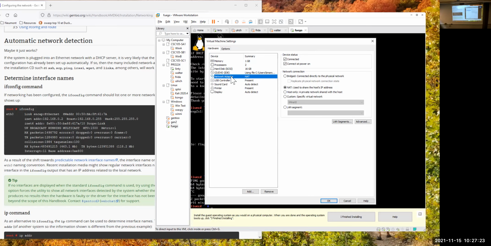Okay, so do it. There you go. Okay, try to ping Google, just to make sure it works. Yep, we're good. Okay, so,